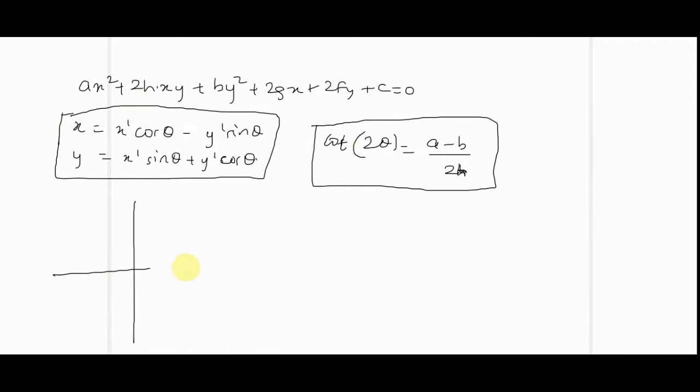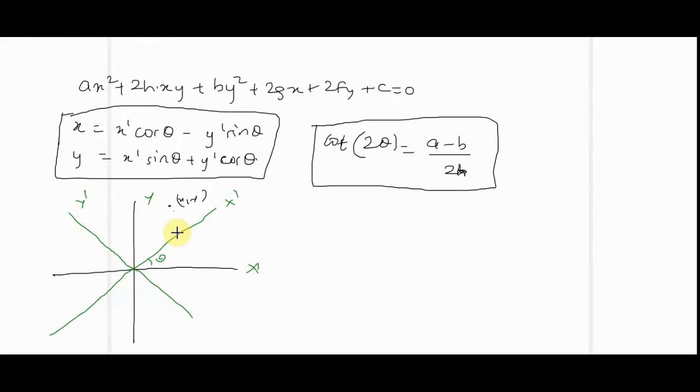Okay, so here was our setup. We had x and y axis and another axis at an angle theta with the original axis and also the perpendicular one. So we call this x, y, this is x prime and y prime. So this is our setup, and then we have a point here xy with respect to the original axis, meaning this distance is x, and this distance is y.